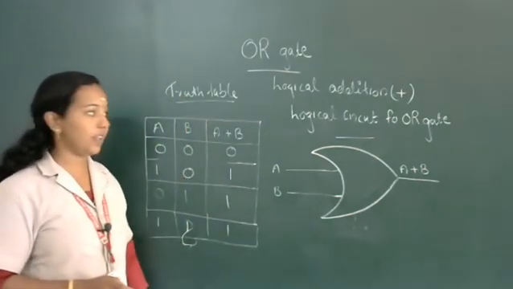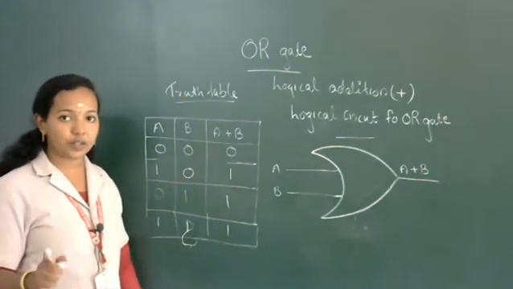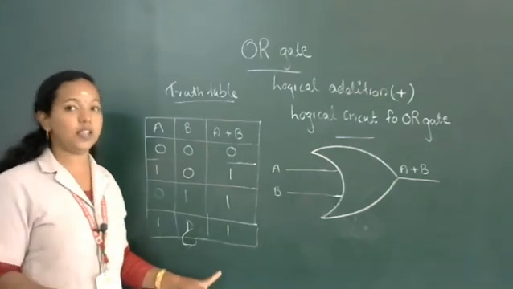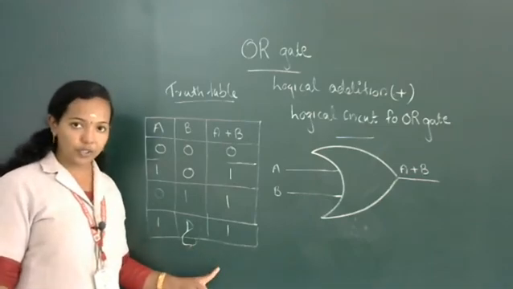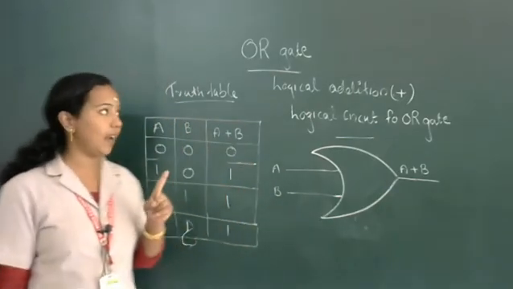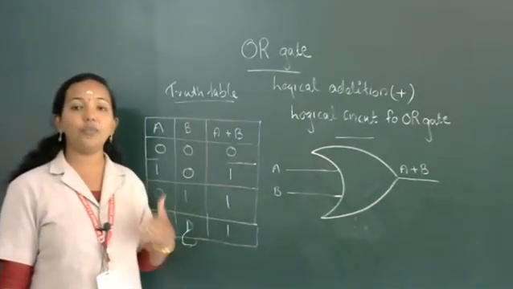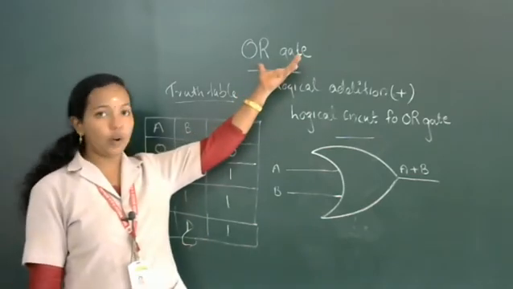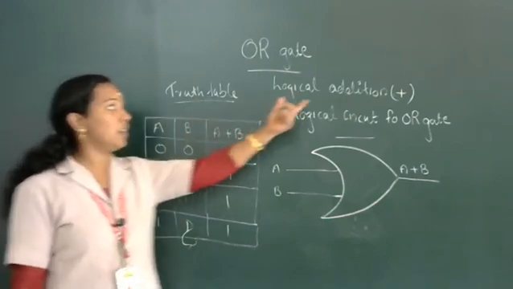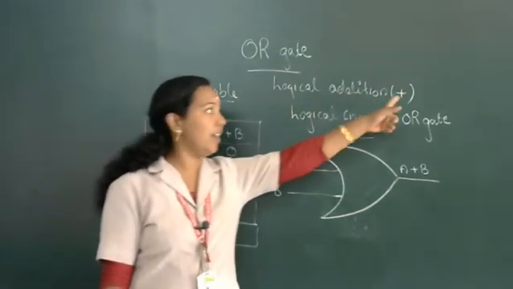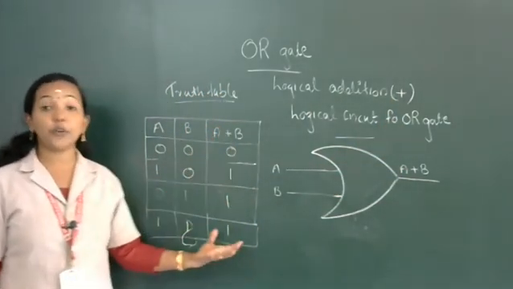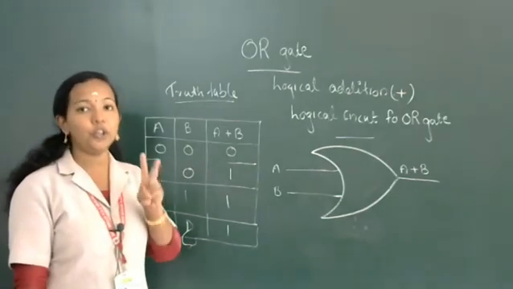At the end of this video, I am giving one question. In that question, you have to give the circuit diagram, truth table, and logical circuit for the OR gate. So you have to draw this truth table and also this diagram. Before that, you have to write what is meant by the OR operation, and how we represent the OR operation and the OR gate. For implementing the OR operation, we use the OR gate. This is also known as logical addition. The symbol that we use is the plus symbol. And this is the truth table for the 2-input logical OR gate.